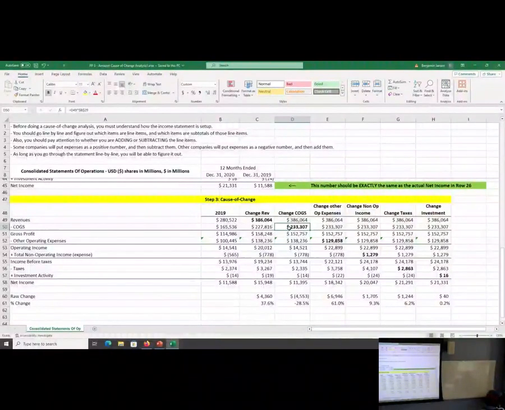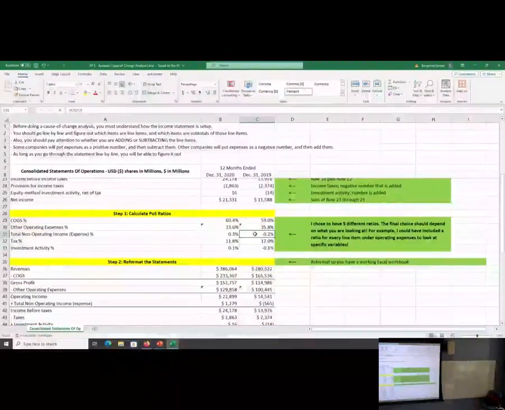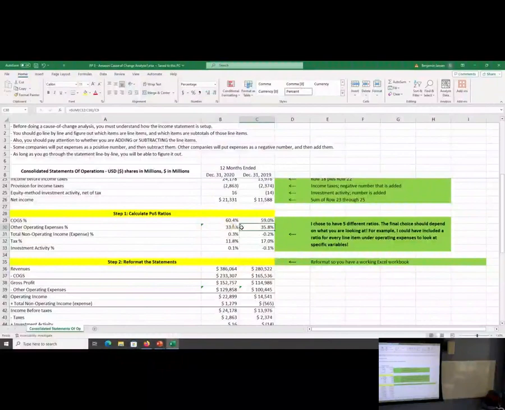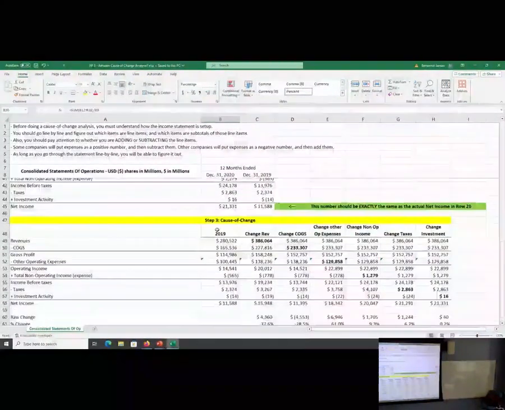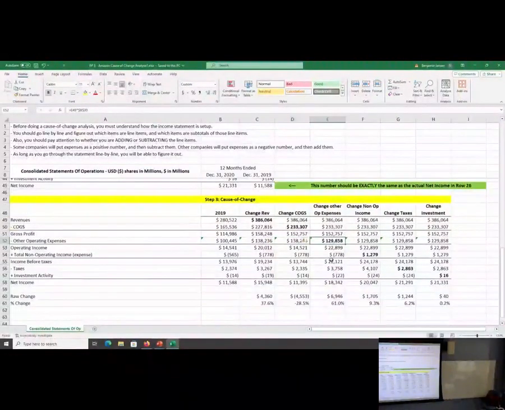All right, now we keep working our way down the line item. This brings us to our gross profits. The next things that might change is other operating expenses. So we go back up. Other operating expenses decreased from just under 36% to 33.5%. All right, so we see that our other operating expenses decreased a little bit, but again, little bits can add